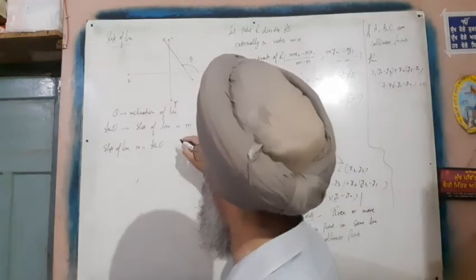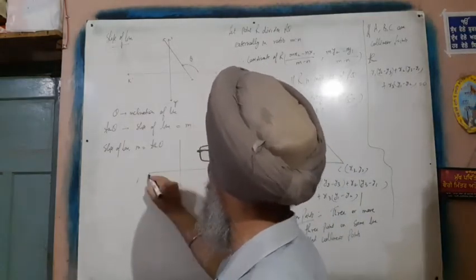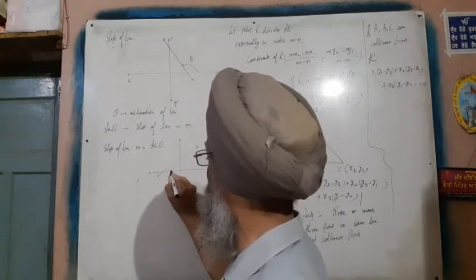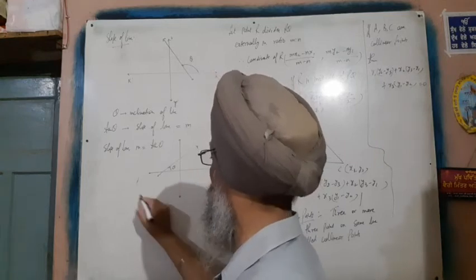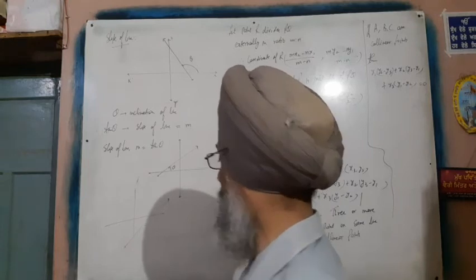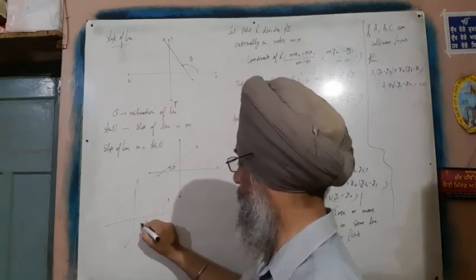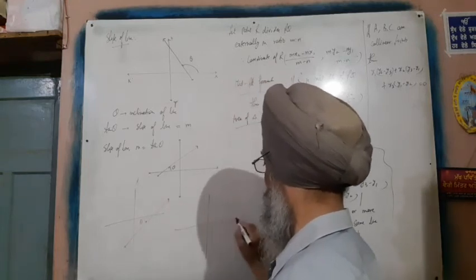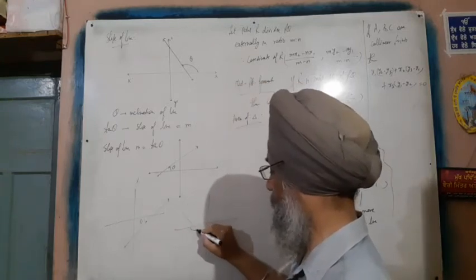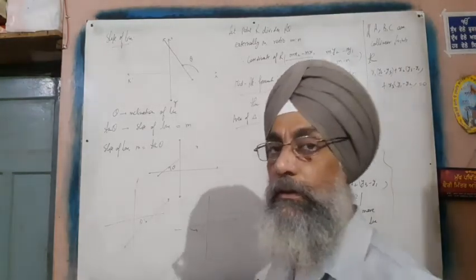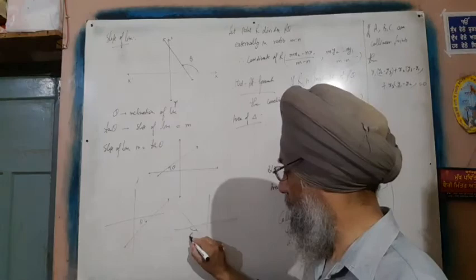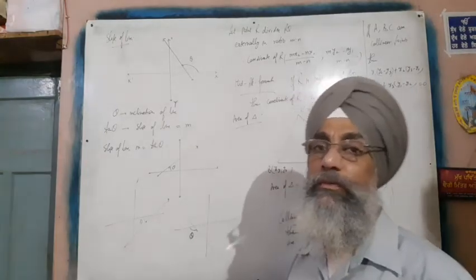We draw lines in different ways. Let us make a line like this. Moving from the x-axis in the anti-clockwise direction, this is theta. If you make a line like this, moving from the x-axis toward the line in the anti-clockwise direction, that is this theta. If the line is like this, moving from the x-axis towards the line in the anti-clockwise direction, this is theta. This is how you have to take theta so as to find the slope of the line.